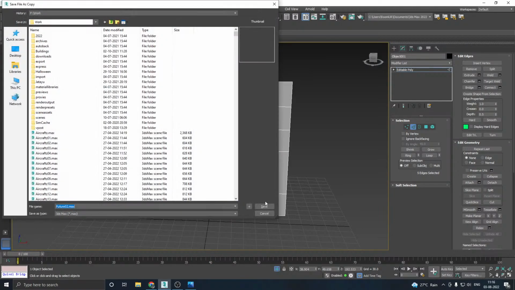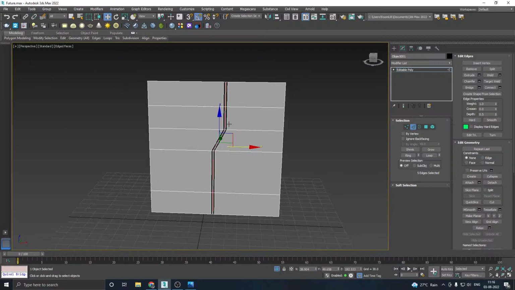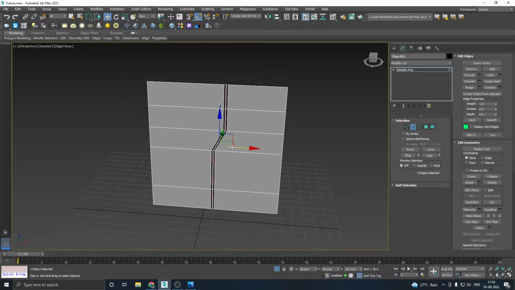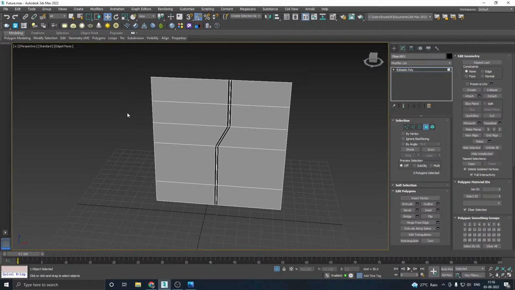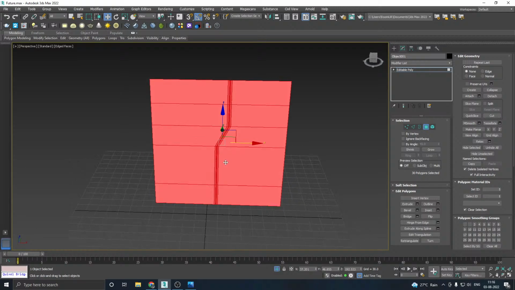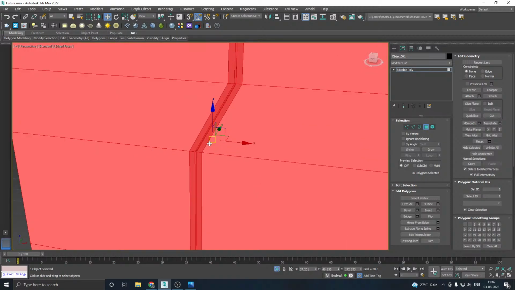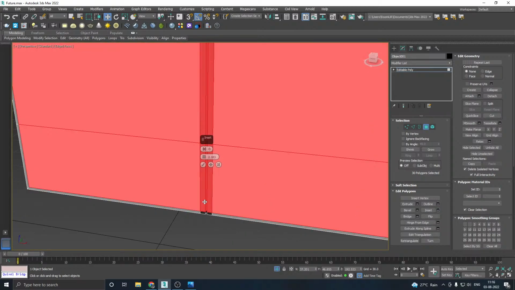Okay. I'm gonna save a copy. And we will select all this, or no, but if I insert this one,